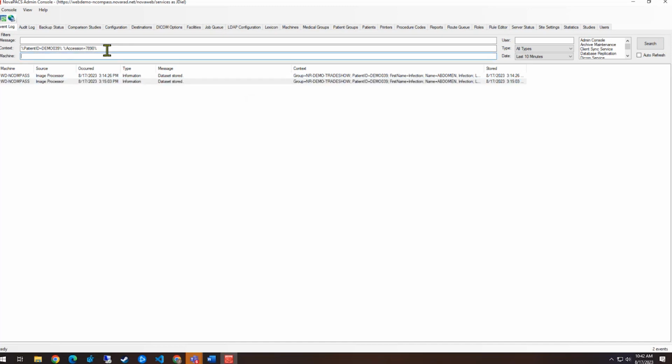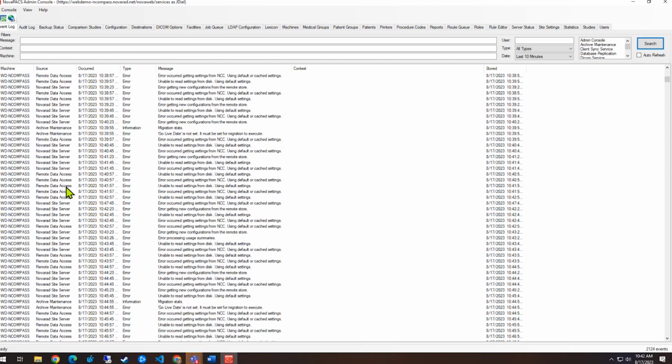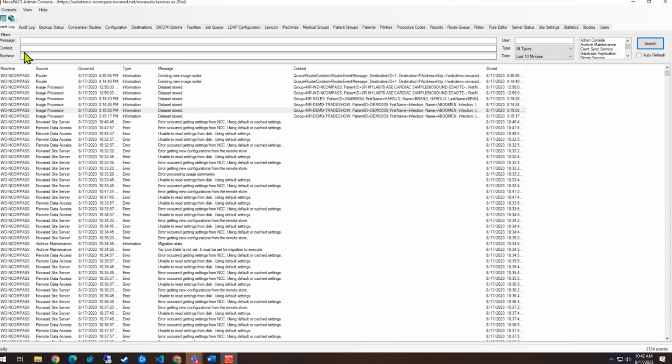And then the machine is just if you're looking for a specific machine. I had seen one earlier, but if somebody says, hey, I'm having a problem on NR Enterprise 05, then you can put in NR Enterprise 05 on here, change the date to whatever you're looking for, however many rows we have available to search, and then you can see everything going on in that system.